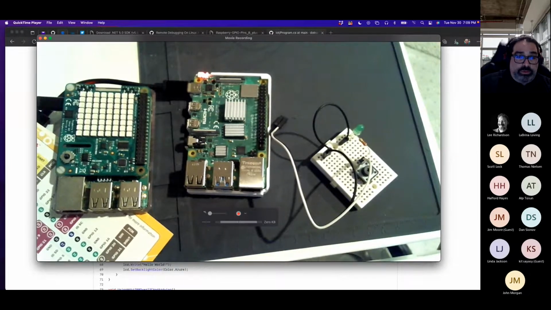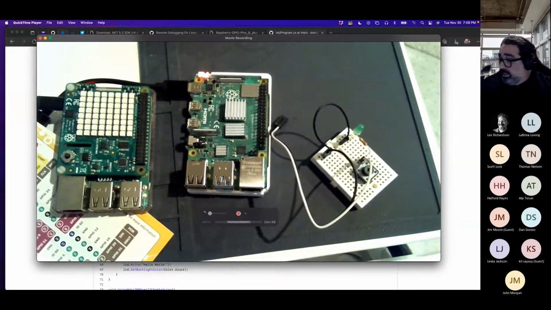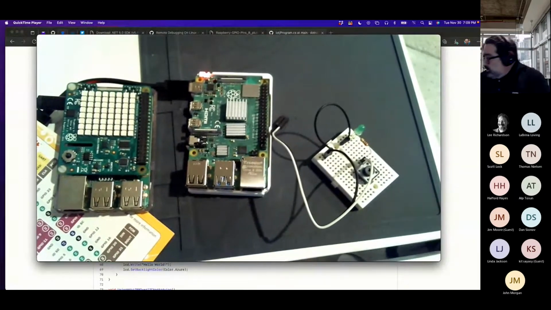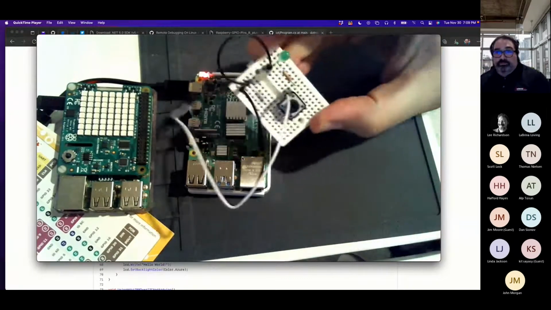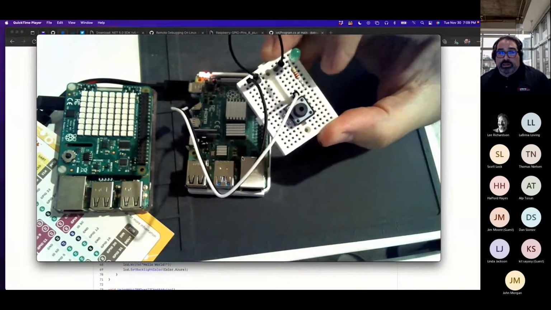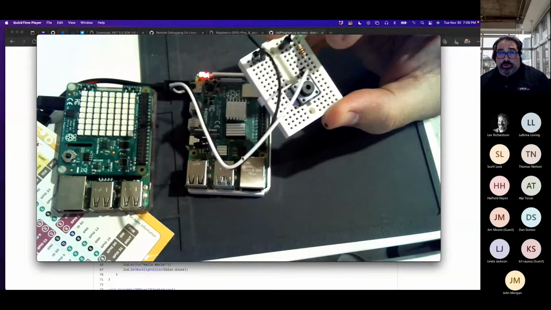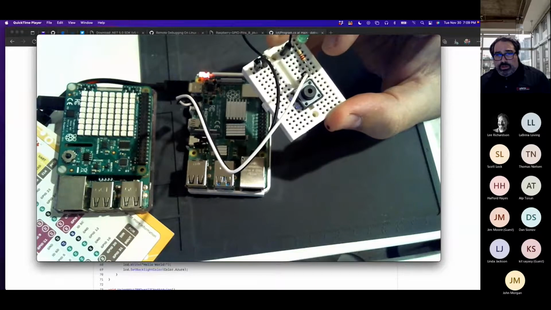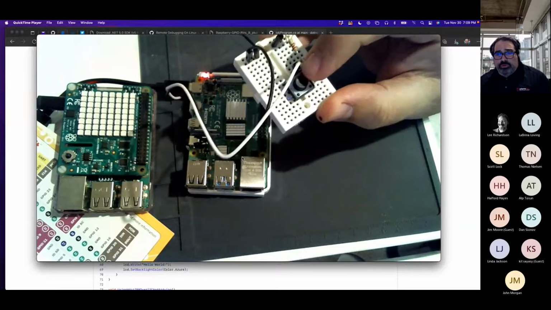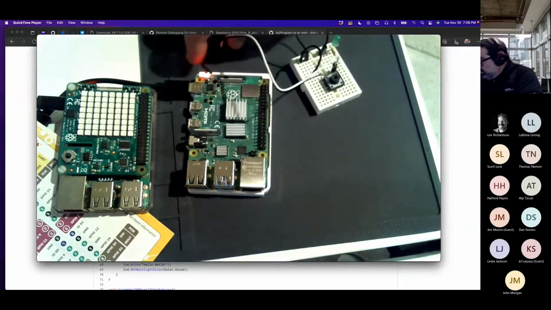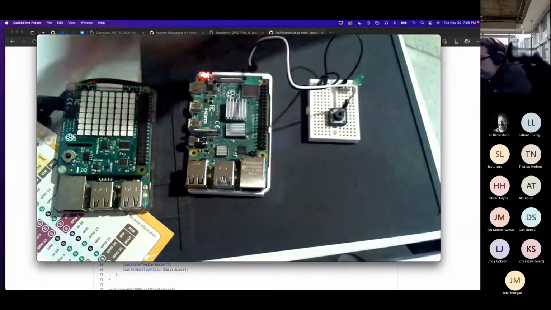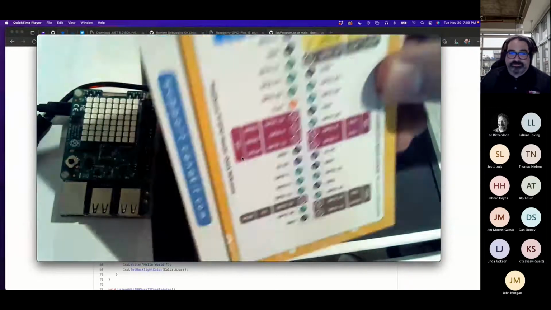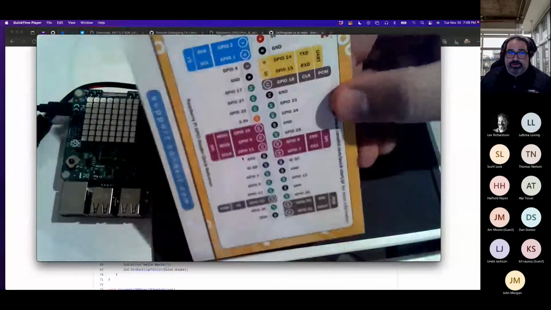So the LED is going to be driven by this board right here. I apologize when I insert my arm, my ugly arm, but we'll try to get this going. This little board basically has an LED, and if you don't want to burn your LEDs, you want to have a 220 ohm resistor on it, and you want to have your negative and positives correct. So I'm just going to go ahead and test it out, because if you ever bought a Raspberry Pi, you've probably seen one of these. And hopefully I get it correctly.